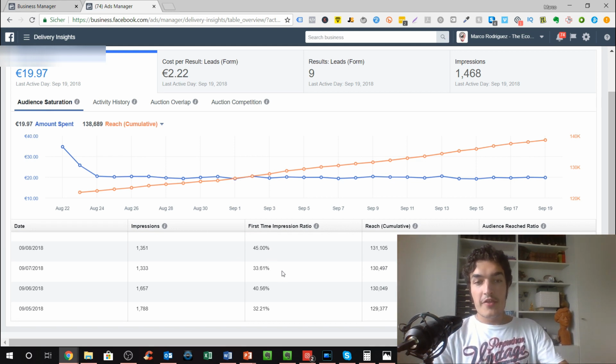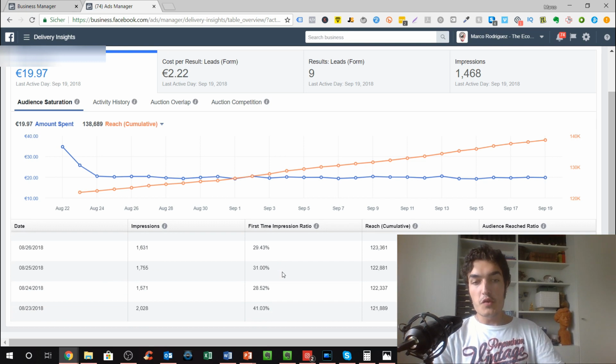If you see that there are very, very few people who see your ads for the first time, this is normally an indicator that your frequency is basically increasing too quickly, and that your ads are getting saturated. Because at some point, more and more people see your ad. In the beginning, it's pretty linear, but at some point, very few people see your ads for the first time. So the majority of people have seen your ad before, and at some point, there is a critical point where